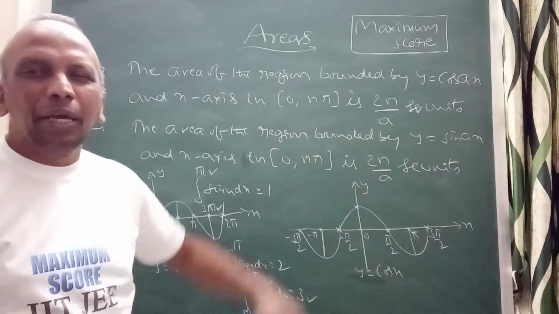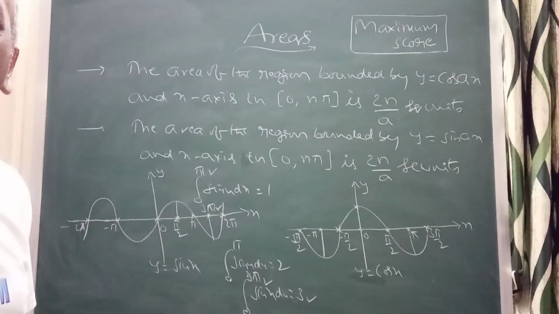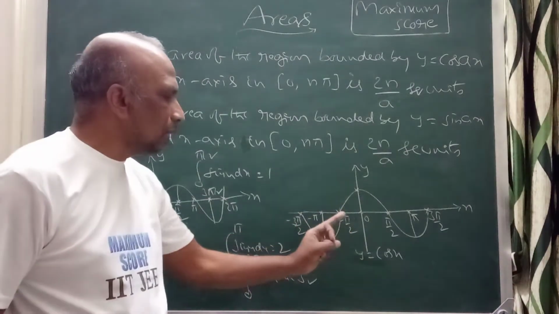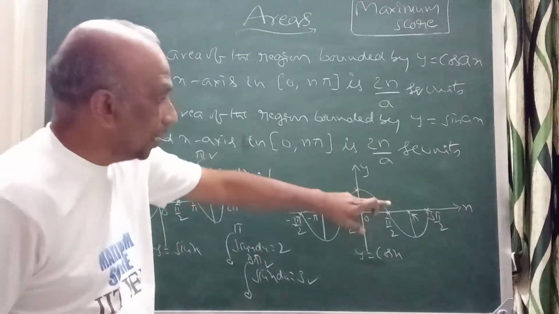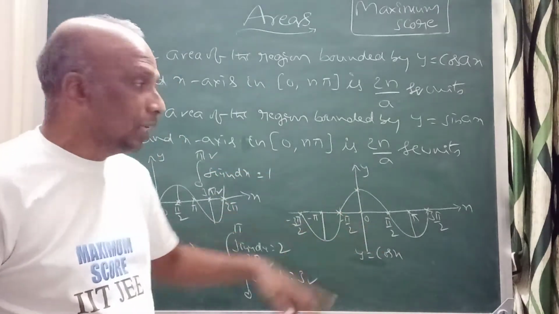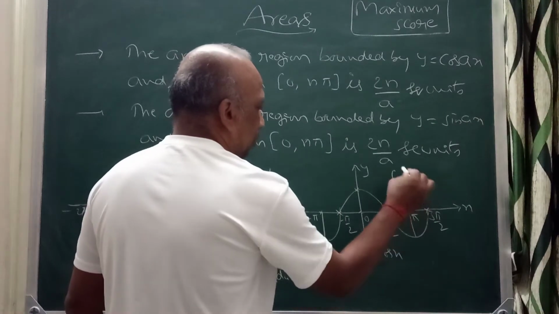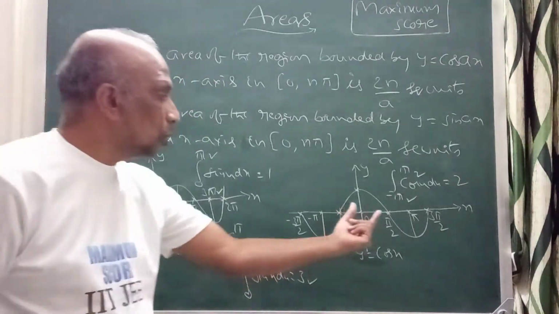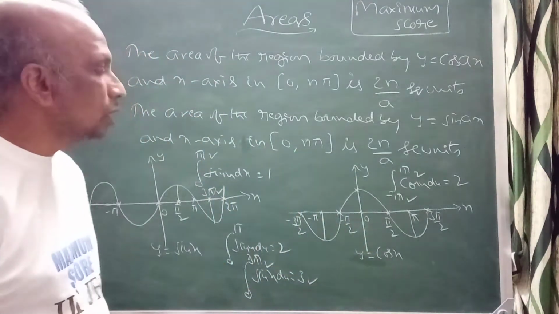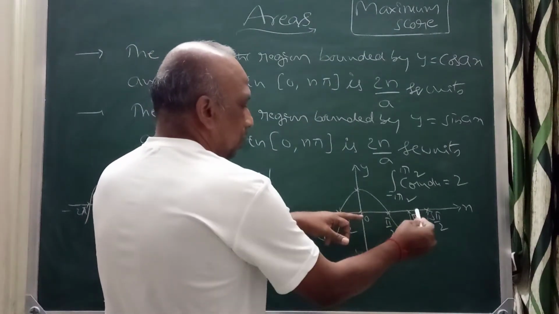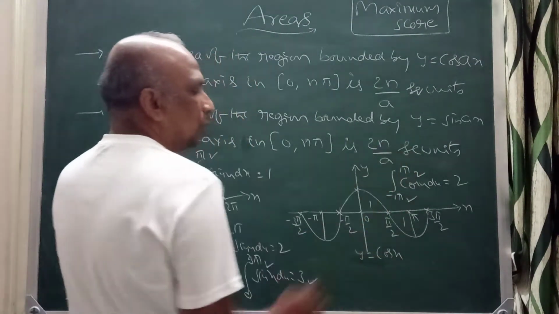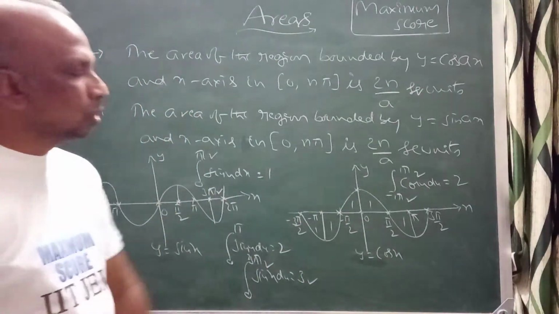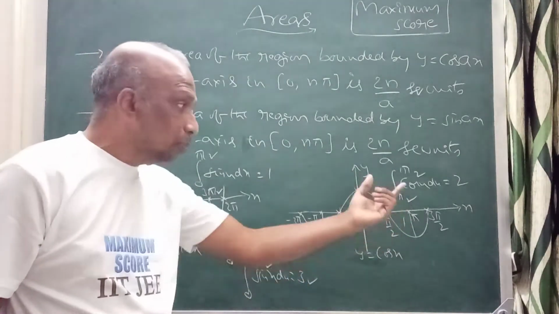In the same way you can consider the area here also. The same concept I can use in both places. Here also the same concept. Suppose you want the area between minus pi by 2 to pi by 2. This is an entire loop. The integral from minus pi by 2 to pi by 2 of cos x dx will be 2 units. Only 0 to pi by 2 is 1 unit, half of that. Suppose they are talking 0 to pi. This is 1, this is 1, so 1 plus 1, 2.